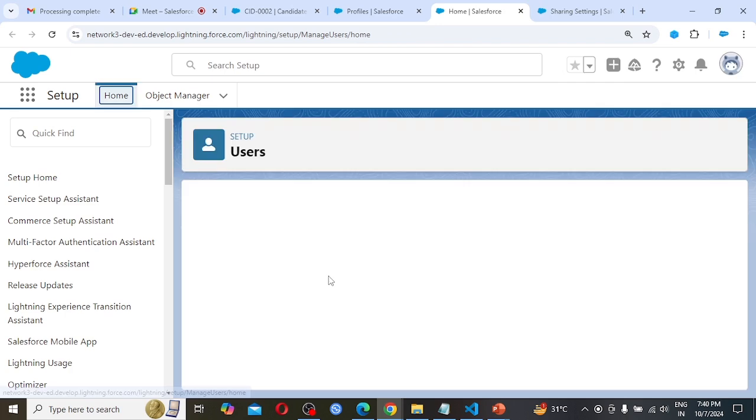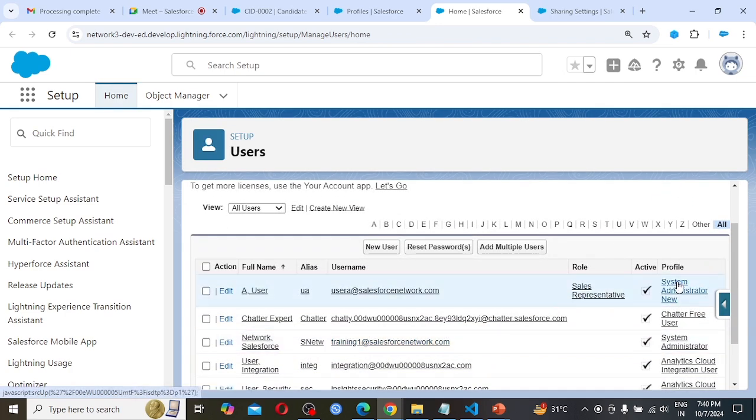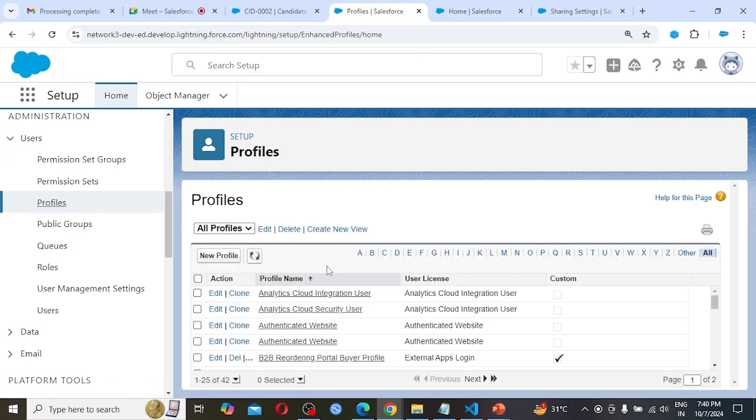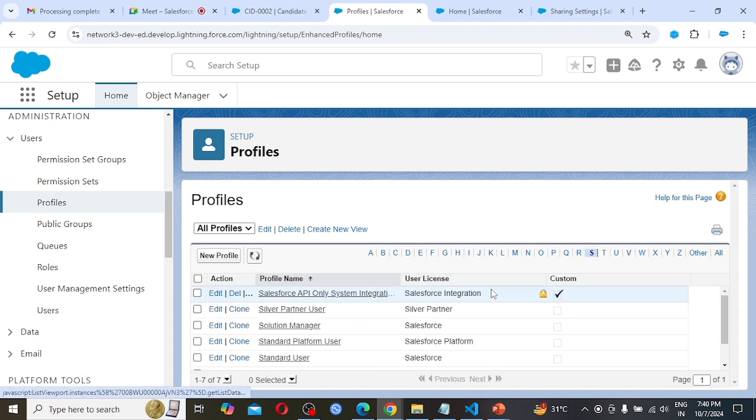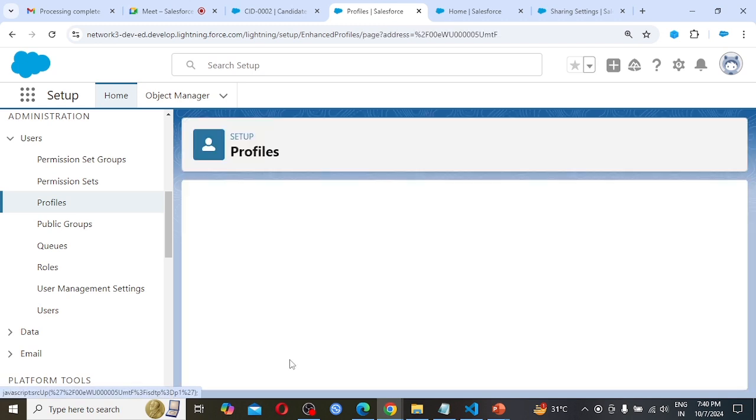Let's see, user A has the profile System Administrator New. So open the System Administrator New profile, click on yes. It is going to display all the related profiles. Click on this profile.